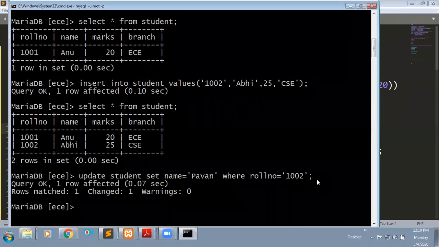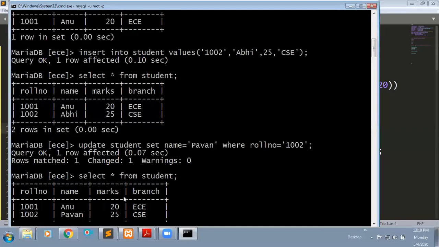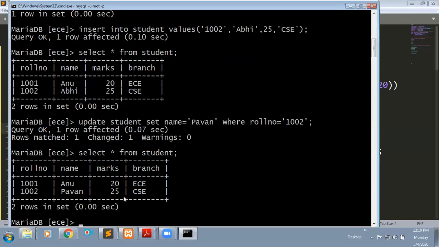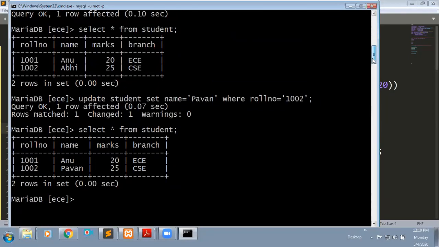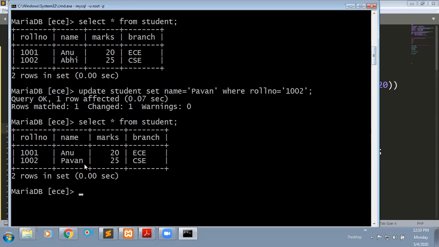Now you can see one row affected, means the change is done. If you want to see whether it is updated or not, just go to the select statement, select star from student. Now you can see in place of Abhi, you can see Pavan, means I have updated my data in my table. In this way you can update your data.